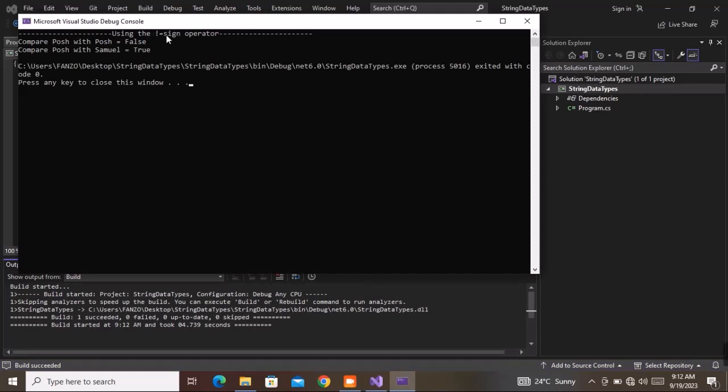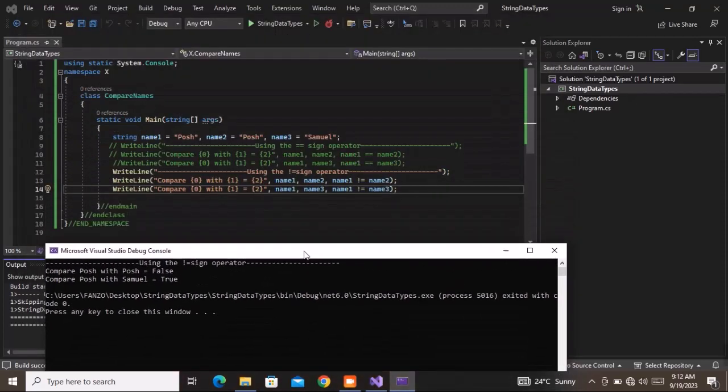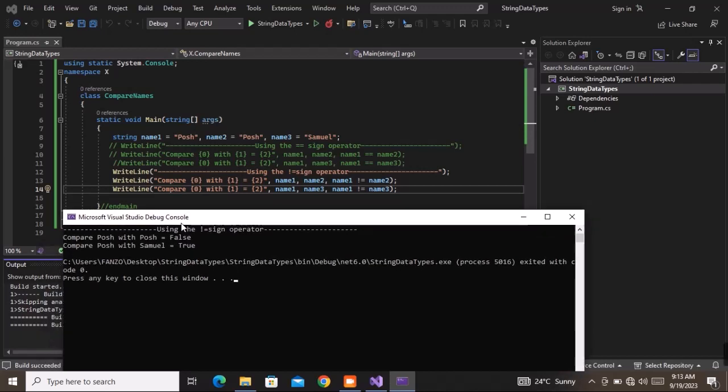Right, now we are using the not equal sign operator, and we say compare Posh with Posh is equals to false. Why is it equals to false? Because we said this is not true. Remember, this is what we have. Please be careful. We said Posh with Posh is not true, and we know that this is true, therefore it would return a false. We know exactly that Posh is Posh, Posh with Posh is true, and because we said this is not